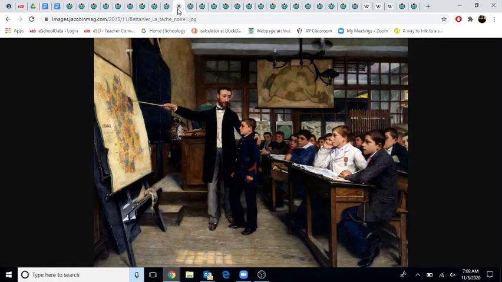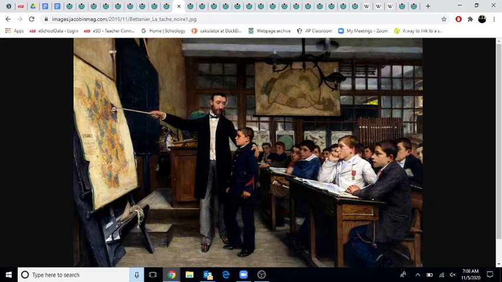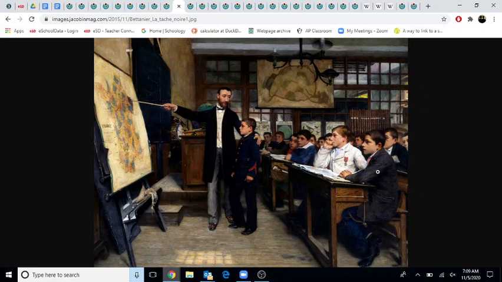And so you can see here, this is 16 years after the Franco-Prussian War, this painting was made. It's called The Black Spot, La Tache Noire. And it's a school in France, and this kid's being shown a map of France, and you can just make out there Alsace and Lorraine are black, the black spot. So what this teacher is telling the class is, guys, when you get older, you have to avenge us on Germany. And by the way, this school also trains you in military matters. I only noticed this recently. In the back of this painting is a row of rifles. So these kids are being trained to be officers in the future and take back what's France's.